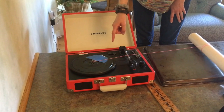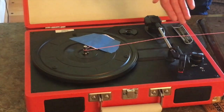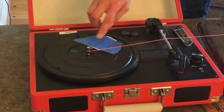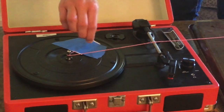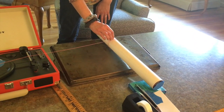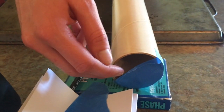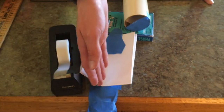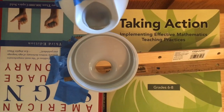This is a record player, which is designed to play music from a record by spinning the record on this turntable. Now there's no record here, but when I turn the record player on, it's still going to spin the turntable. So I have a piece of string attached to the turntable so that once it starts spinning, it's going to wind up the string right here, and that string is going to pull this direction. It's attached to this cardboard tube, so it's going to pull the tube that way. What's going to happen when it gets pulled a little bit is the marble that is sitting in there but is blocked by this piece of tape is going to be able to come out, and by the force of gravity is going to be pulled down this way and down into the water bottle cap. Then it's going to come out of the spout of the water bottle cap,